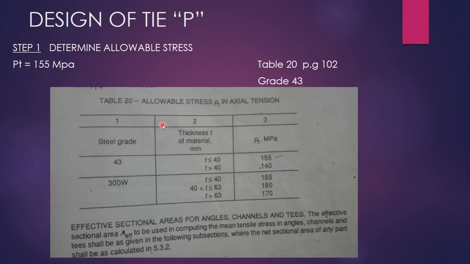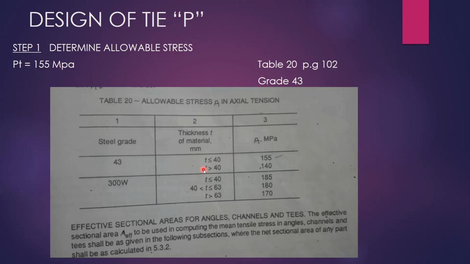When you go to the table, you realize that the first column is showing us the grade. Number 1 there is 43, the other one is 300. We are given that ours is 43, so we stick to that one. We move to the second column. You realize that